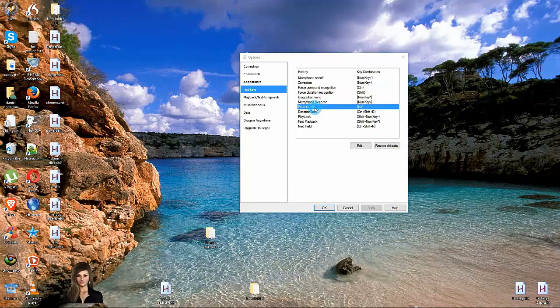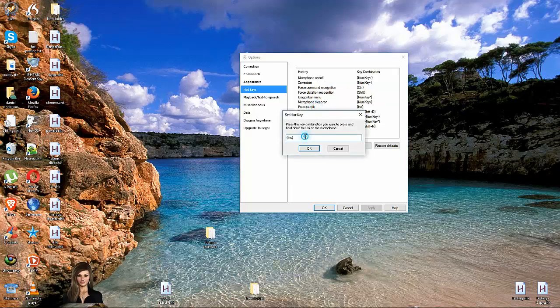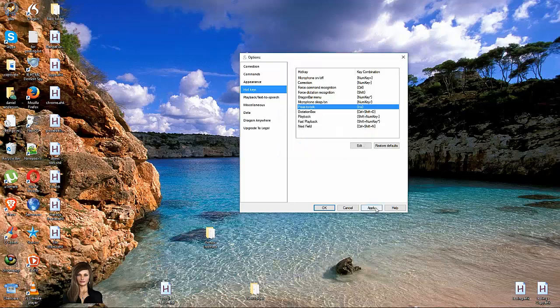All you have to do, if you just pull this up, is push the key that you want and it automatically goes there, but this has to be the INS. You say OK, and you say apply. Miscellaneous, find